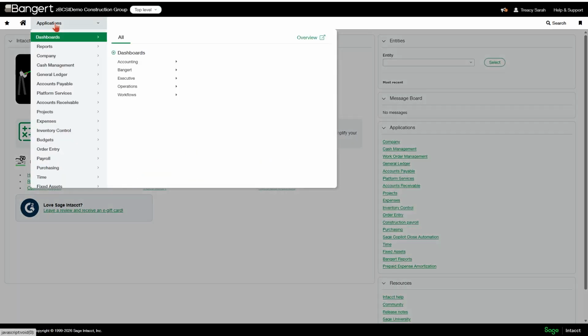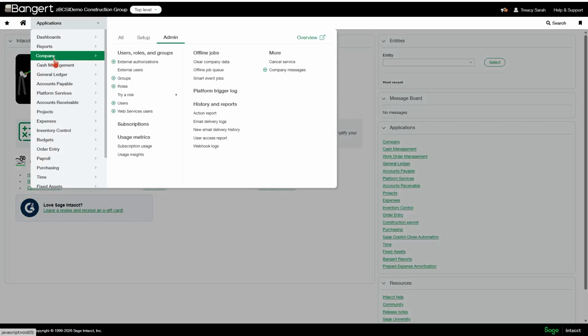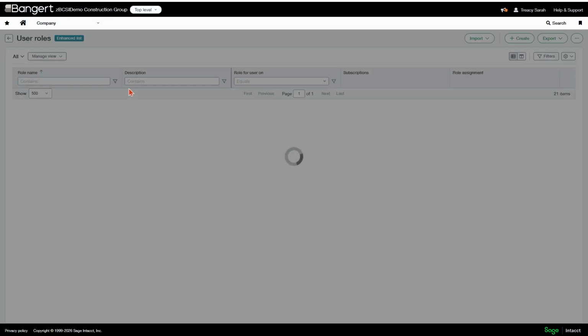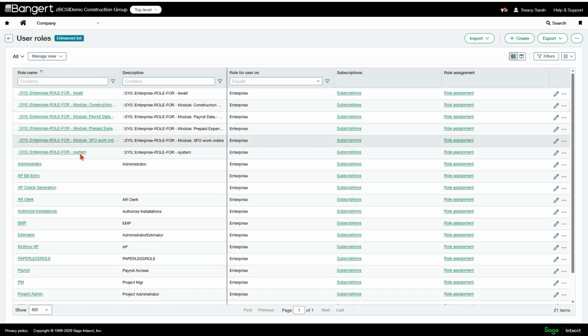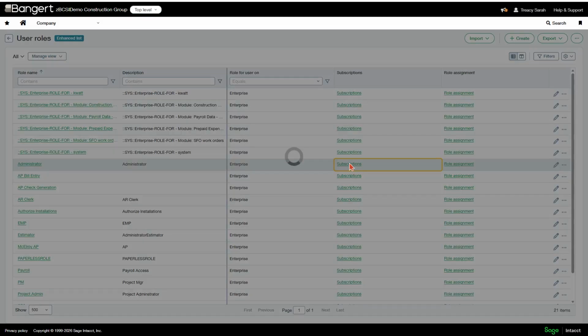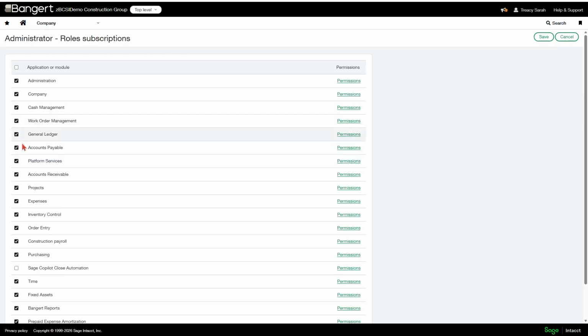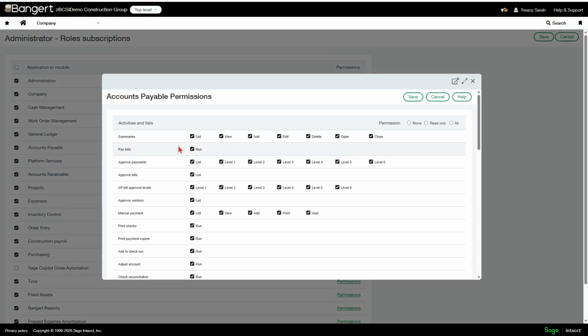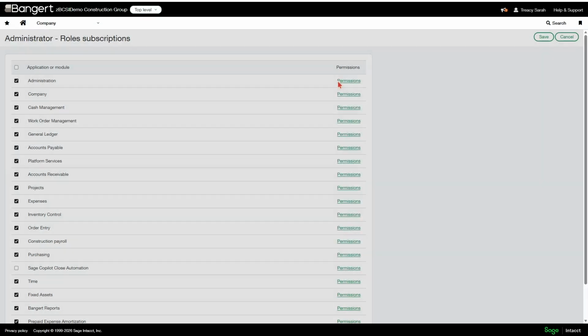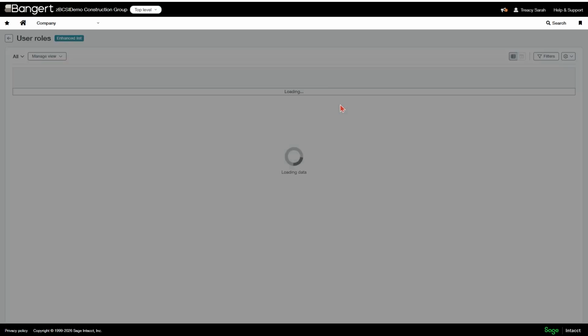And just a reminder of how to do that, you're going to go to your applications dropdown, click into Company, Admin, Roles, and let's say, definitely for your administrator role or admin role or whatever it is that you call that, you're going to want to click into your subscriptions and just add those permissions. So let's say it was something in accounts payable, you would click permissions here, make sure it's turned on. You can even just do the hit all, save, and save again. And so any permission that is updated with this release, if there's a role that you have that needs to be applied to, you do have to go in and do that.